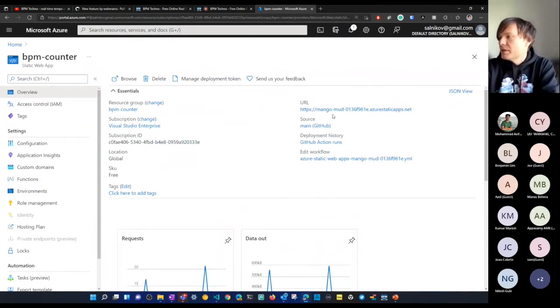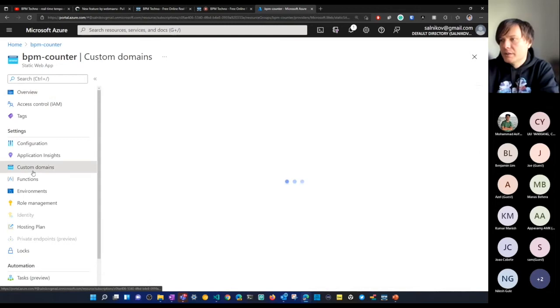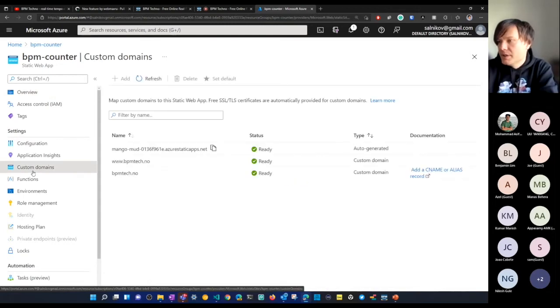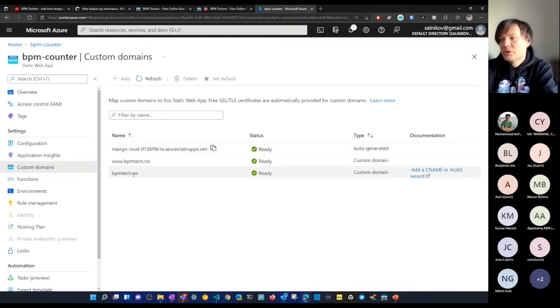So this is the initial address I received immediately after I created the resource, and then in custom domains you see that I attached my own ones, and that's completely for free, because I know that some services charge right after you want to have your custom name here.